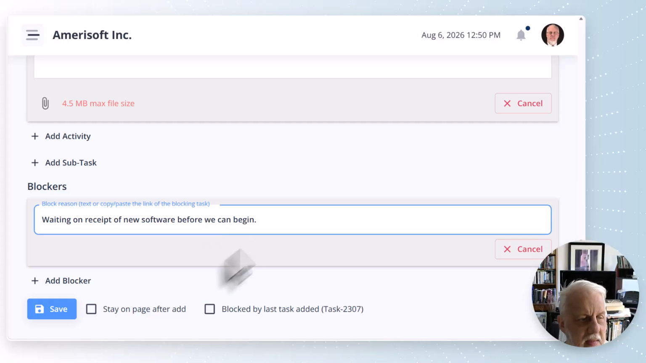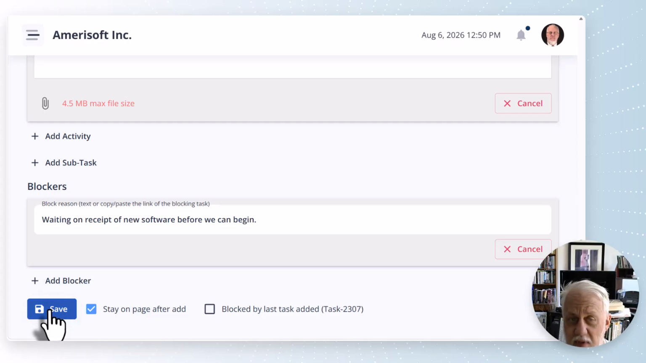You can just type that in, and I'm going to click save. Now these two buttons here, stay on page after add. Well, there have been times where I wanted to edit it more, but I just wanted to make sure it was saved. So in that case, I would just check that box, and then after I save it, I'm still